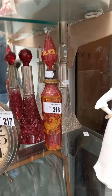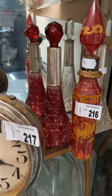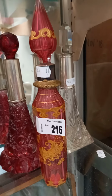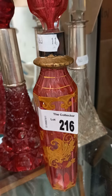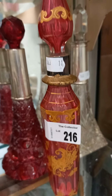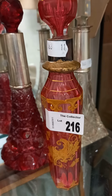Nice Big Ben clock. Nice collection of perfume bottles. They've all got a little bit of damage or restoration. I mean, the one over the back on the left, someone's just painted a crystal one red with a red texture. That one's a beautiful bit, but that little collar there doesn't look right, the way it bulges out. But it's all hand worked and hand decorated. It's a shame that that little bulging collar isn't right. But anyway,